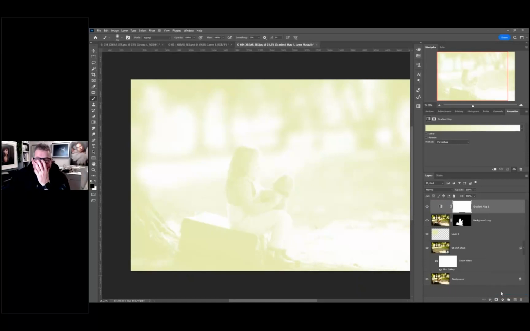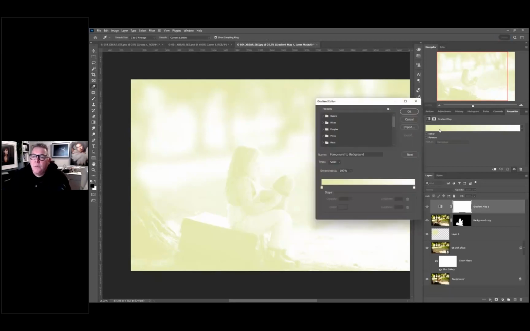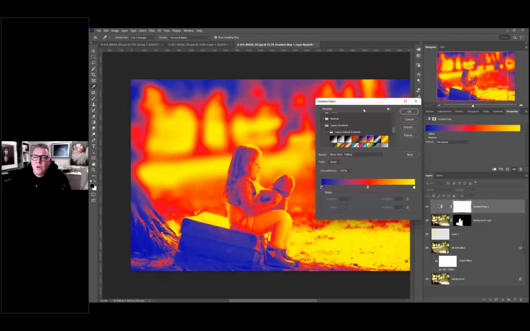And you'll see by default, it's based on the colors that you've got in choice or whatever it would be. I want to actually go and double click onto the gradient map itself, and I want to go backwards and choose the legacy gradients. So if I click on the legacy gradients here, go to the legacy default gradients and pick up something like the blue, red, yellow, you can see we're going to have a massive effect across the